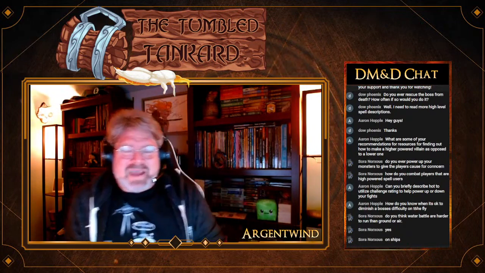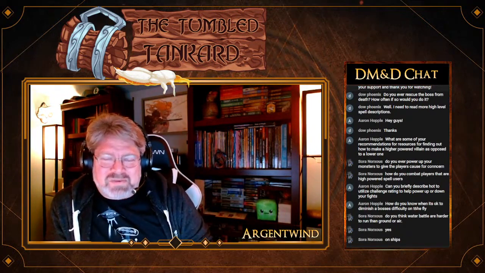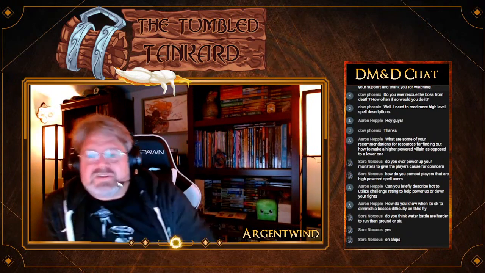I'm even going to go out on a limb here and say it's really bad to be casting lightning bolt in the water. There's no mechanic for it in D&D, but there should be. It's going to make for a really bad day for everyone if you're all in the water and someone casts lightning bolt. But mention on ships, okay?